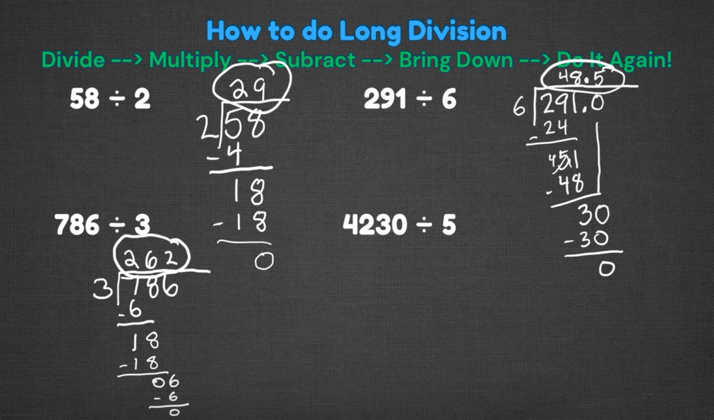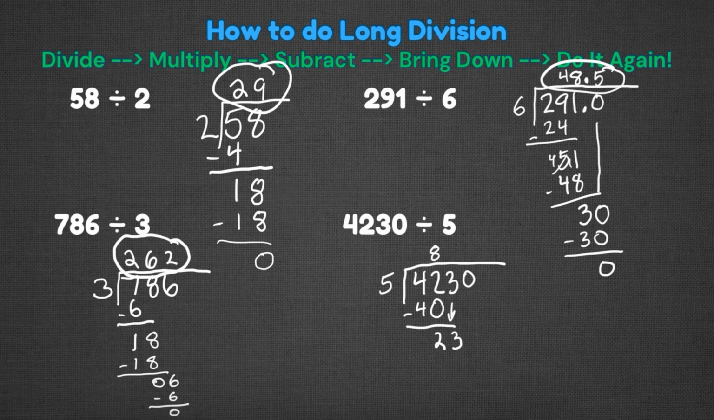And last but not least, let's do this big guy together. 4,230 divided by 5. 5 cannot go into 4, but 5 goes into 42 8 times. 5 times 8 is 40. And we're going to subtract, and we're left over with a 2. We bring down the 3,